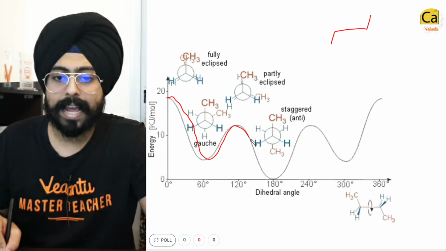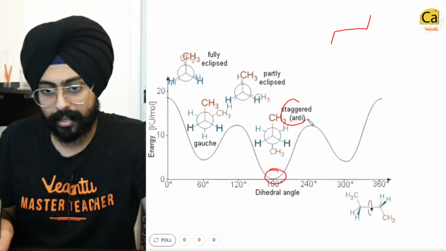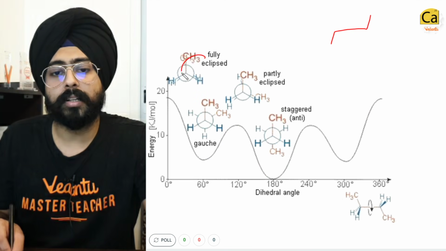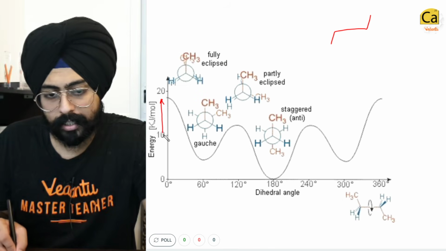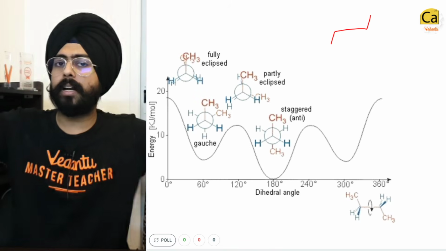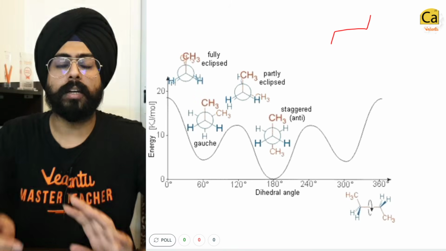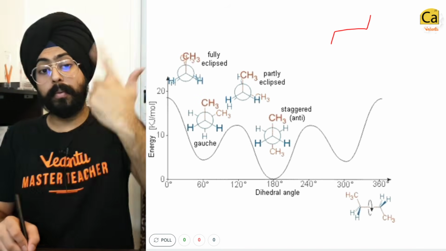This is the energy level diagram of all of these conformations. The most stable is the anti-conformation, the most unstable is the fully eclipsed conformation. Fine. And the energy gap between these two conformations is so small that they just keep on interchanging. You cannot separate one conformer from the other in the case of such simple structures. Fine. Great. Now coming to